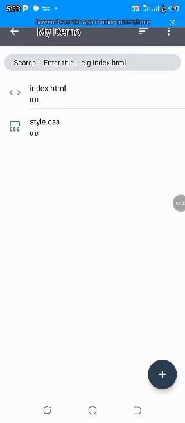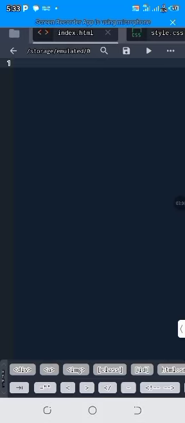So now click on index.html. Now you have it here. You can see this is your index.html. Now, the boilerplate. How do you get your boilerplate? When we're using a desktop, we just click on shift plus one, and it will give you the boilerplate. But here, what you just have to do is look for